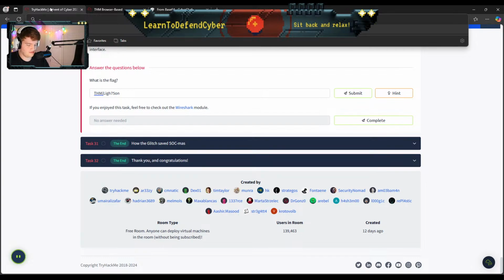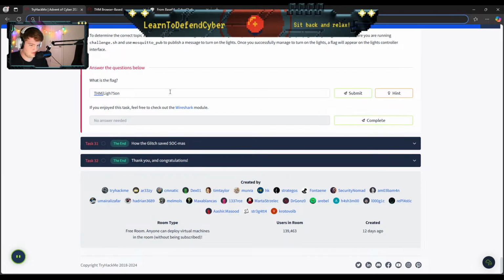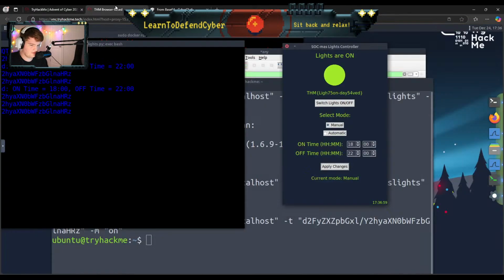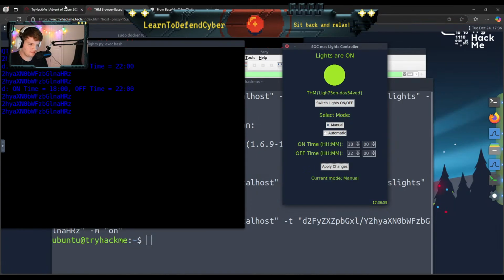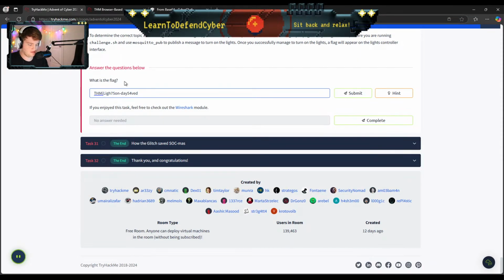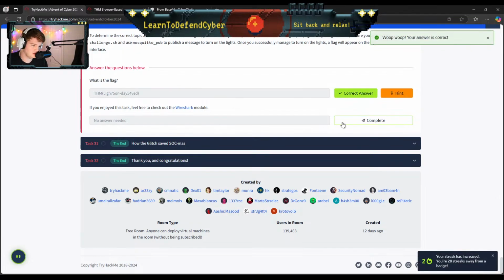Dash day saved. Oops. Day. Right, it was with a 4. No, it was just an A. 5-4 VED. Close the curly bracket and hit submit. And we got it. If you liked that, look at the Wireshark topic.